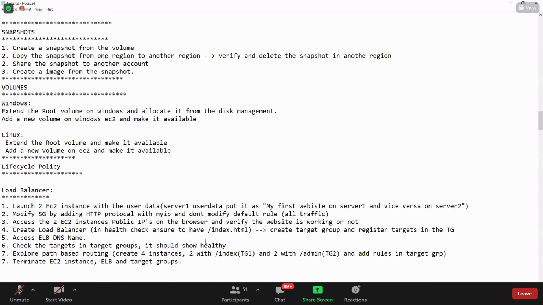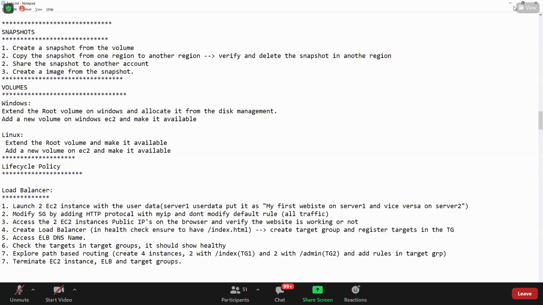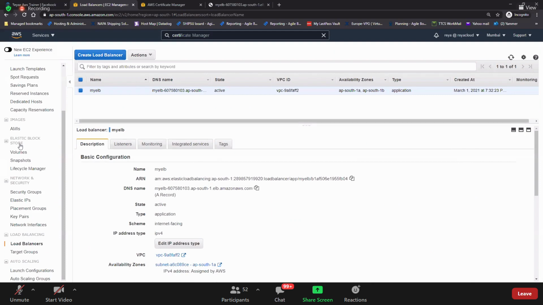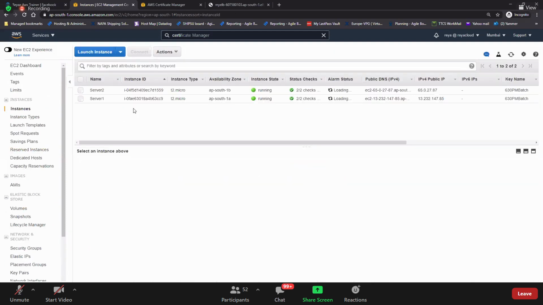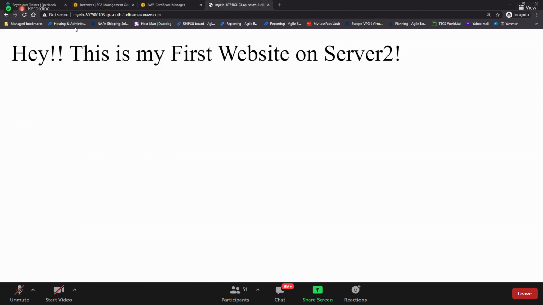Okay, so this is your task, the one which we did here. Take it. And see if one of the EC2 instances is terminated, will there be any problem? Will my website work? It is server 1. See, now it is stuck to server 1. It went to server 2, and now it went to server 1 and stuck for 30 seconds there.